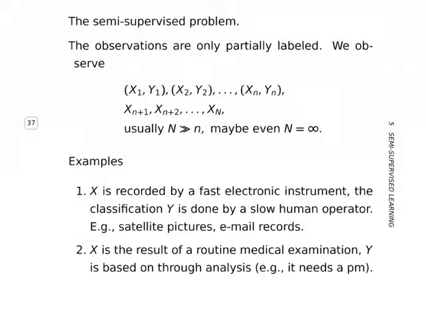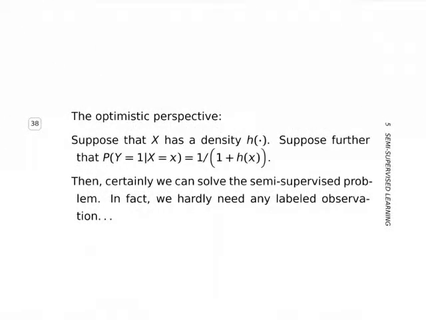So let's look at this model. The optimistic point of view says that if X has a density h, I can basically tell you what the label is. So for example, Y equal 1 most likely when h is small, and if h, the density, is large, then Y is more likely 0. So basically I don't need the labels at all. I can just look at the density. And as it's written here,